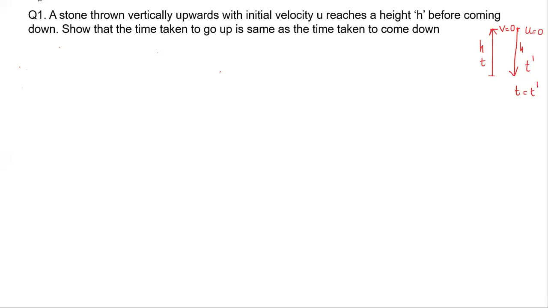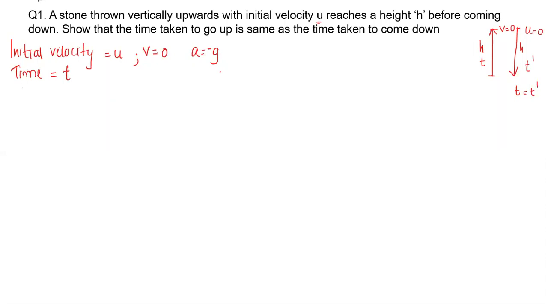We know that the initial velocity of the object, we don't know, here it is given, it is u. So initial velocity is u. Final velocity v is equal to 0. Okay, now the object is moving upwards, that is against gravity, so a will be equal to minus g. Okay, now the time taken by the object to reach the height h, let it be equal to t.